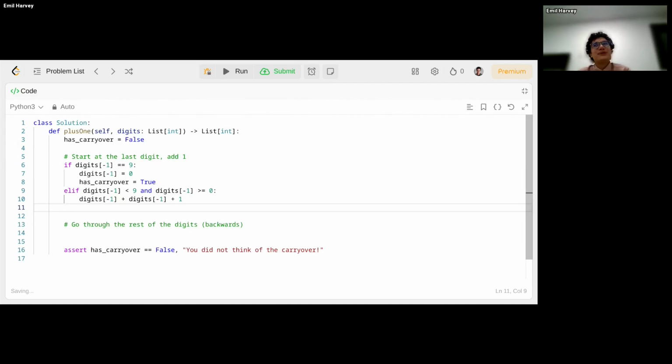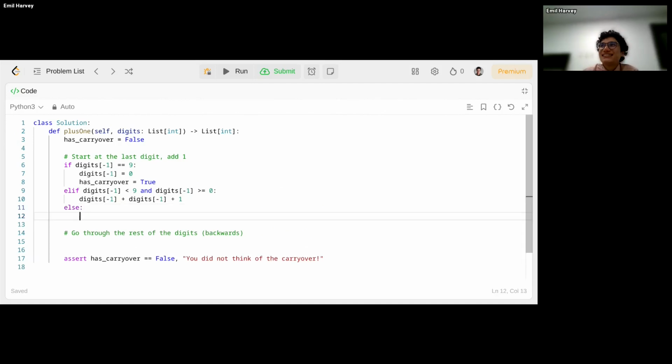Even though I'm pretty confident it will be one or the other of these two conditions, I'm still going to put an else here, because I'm not expecting a digit to be like -0 or -5 or 13 or anything. But just to be safe, I'll do a raise, which is basically like a throw. It's like cause an error, cause a fuss.